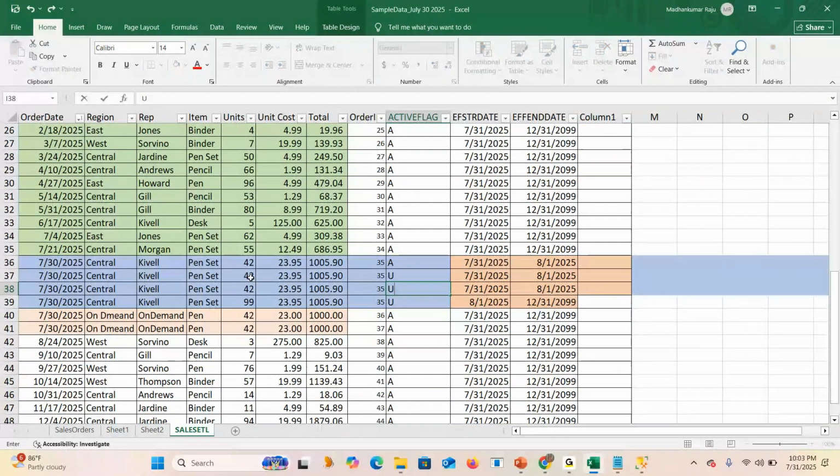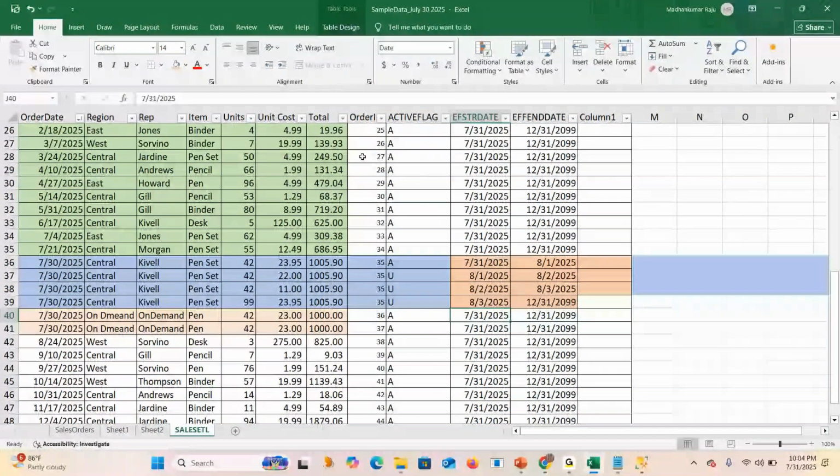Maybe the price is 22, 11, and the dates are like 8/2, 8/3, 8/1/2025, 8/2/2025. Now clear, guys? This is how it is going to happen in real time.